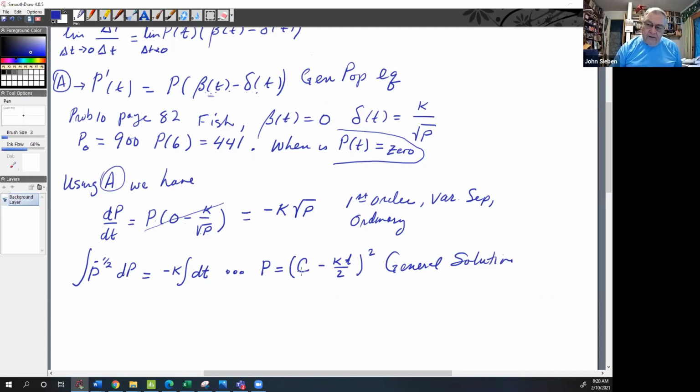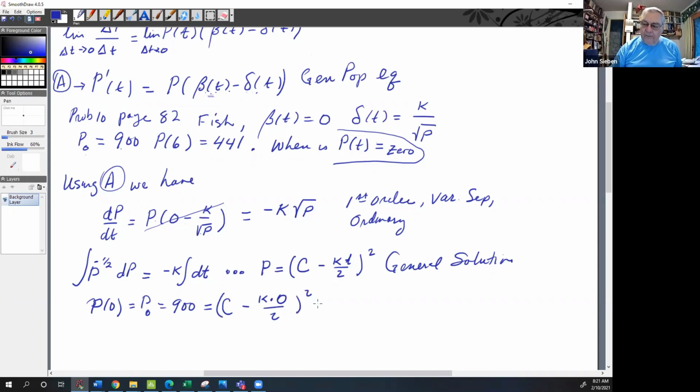Now the general solution, it was a first order differential equation, so it'll have one constant in it, and that would be our constant C. Now this is an initial value problem. We know that initially we had 900 fish in the pond. So we know that P of 0, the thing we call P sub 0, would be 900, and that would be C minus K, but our value of T is 0 at this initial condition,